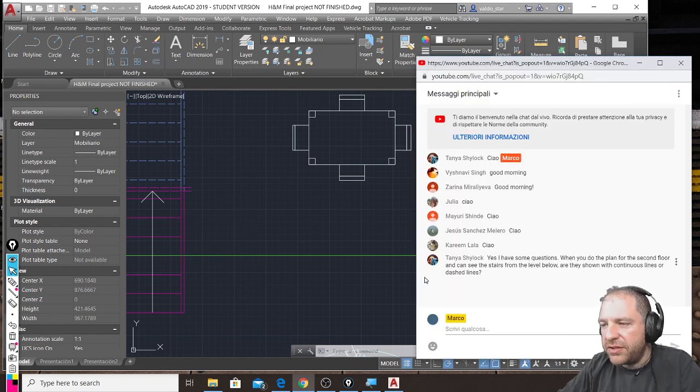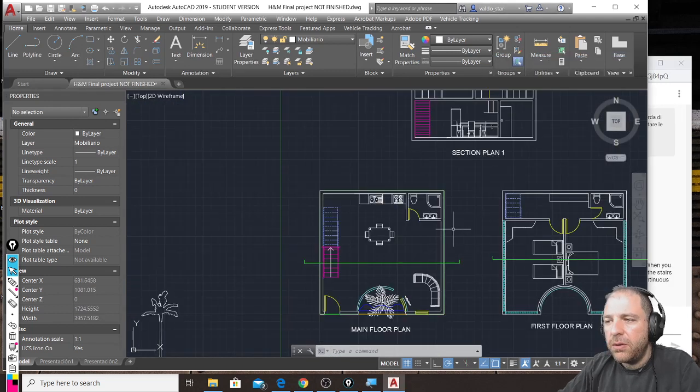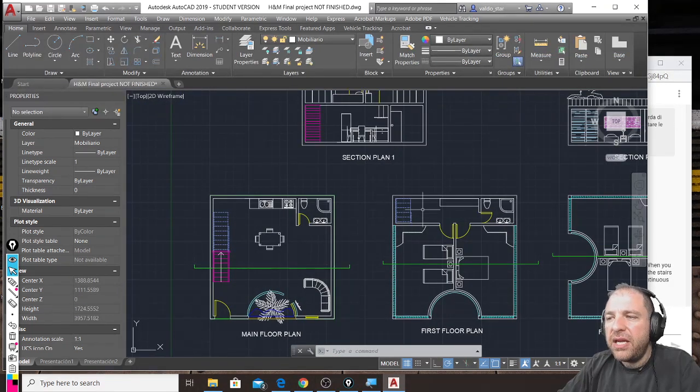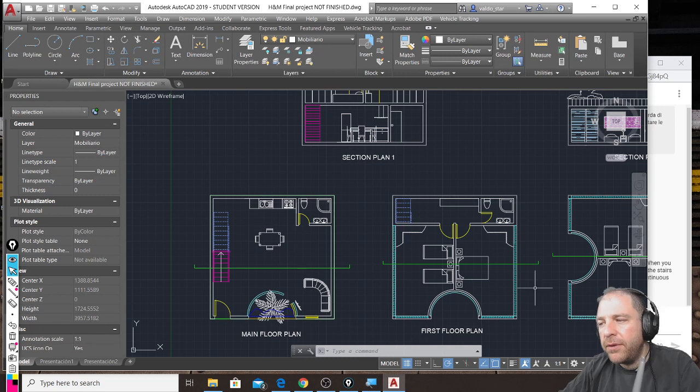Is this the question, first of all? I think so. Yes. And in here, they should appear exactly as they are here. Same layer, same line weight, same line type, same everything. So